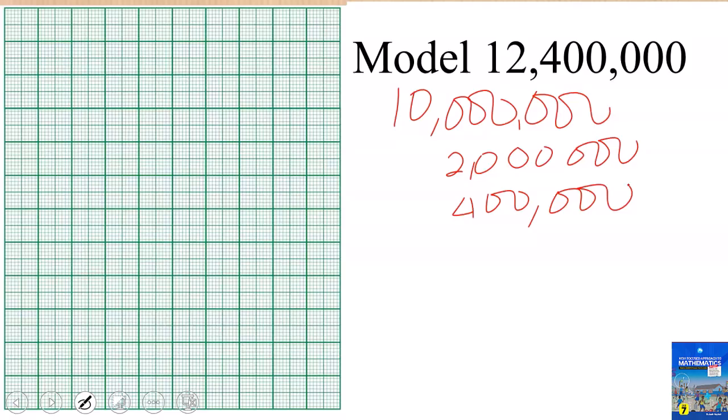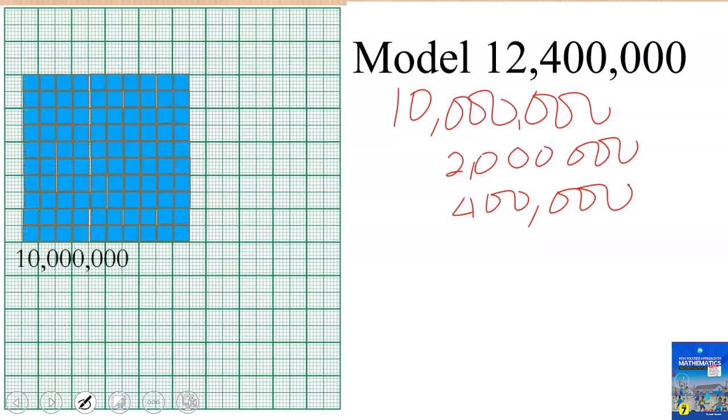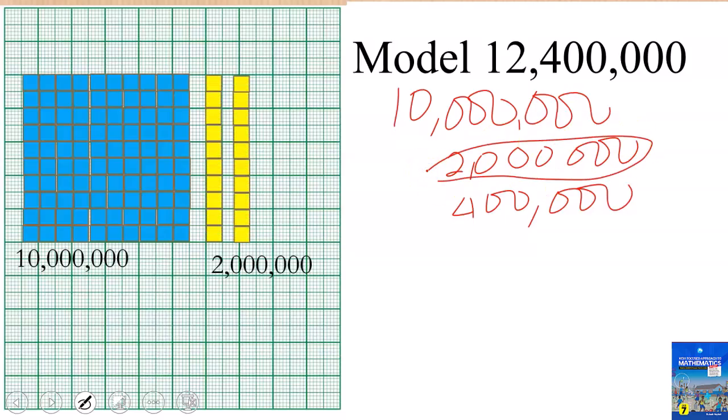Remember, we said the beginning small one gives us 100,000. So we have 1 million, and then we have 10 million as well. So this will be our 10 million, because that's what we said: if we have the longs up to 10, we get 10 million. In that case, we need to model our 2 million. So we are talking about 10 million plus 2 million plus 400,000. So we need 4 of the small ones to give us 400,000. So all put together, we have